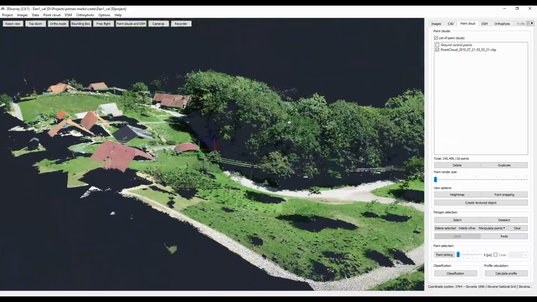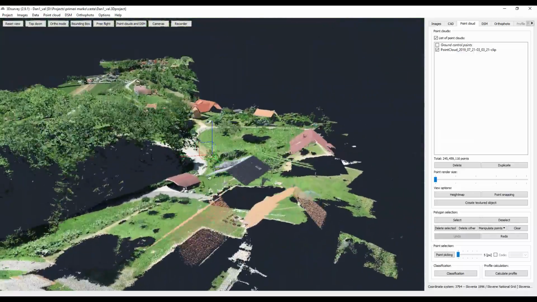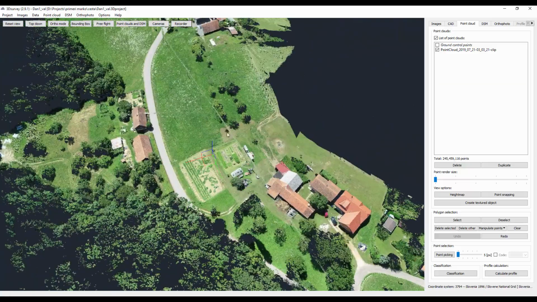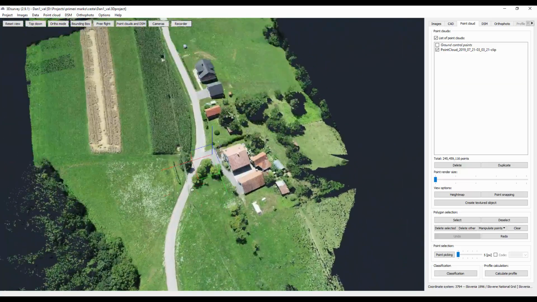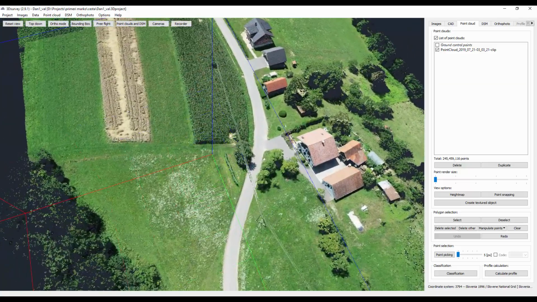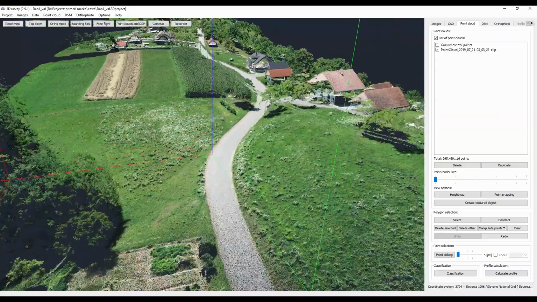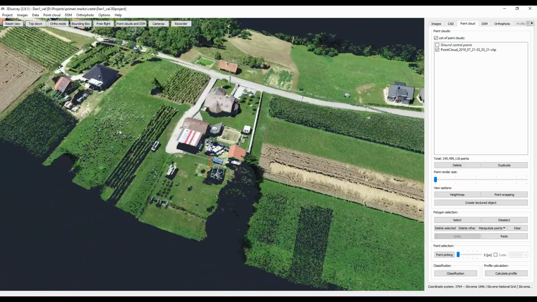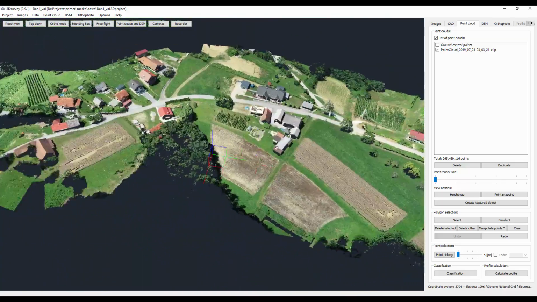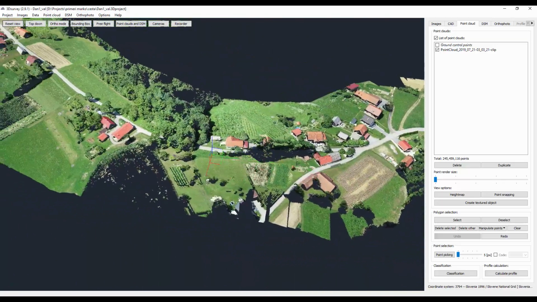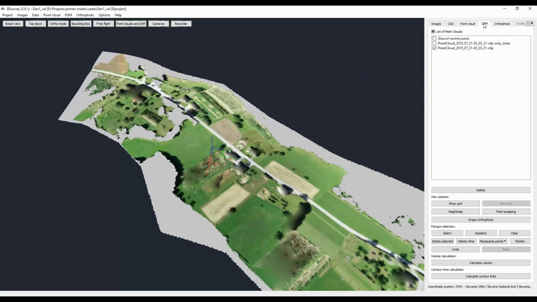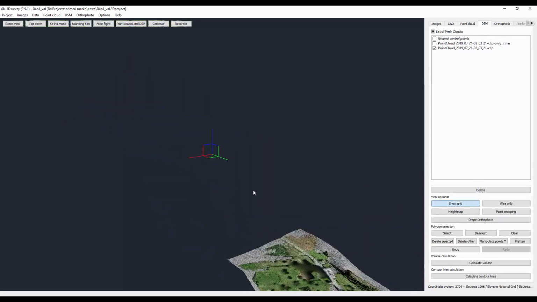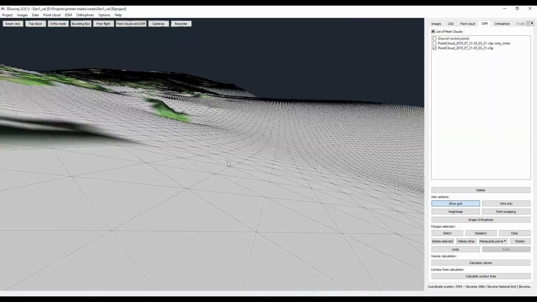Now the civil engineers and architects will be able to use this data to plan a new road for the cyclists, which will go somewhere along here. It's a pretty nice project that we can do very effectively. Here we also have our digital terrain model,